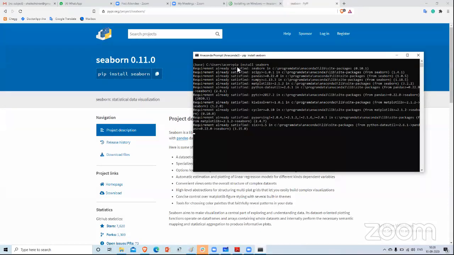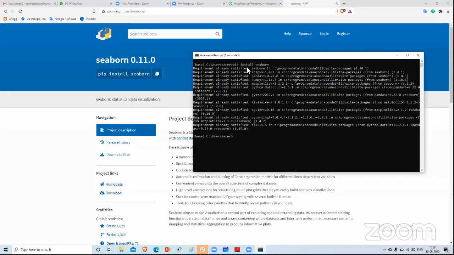In my system, cboard is already there, so it says requirement already satisfied. Otherwise it will get installed in your system. In Windows we can use this Anaconda prompt, and in Linux you can use the terminal itself. So just familiarize yourself with the pip command.